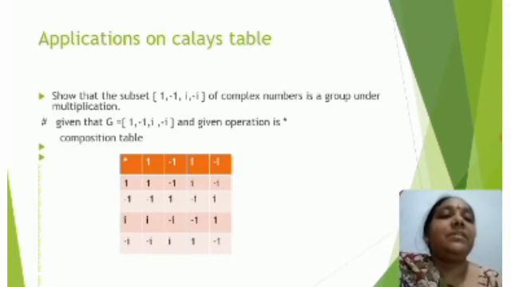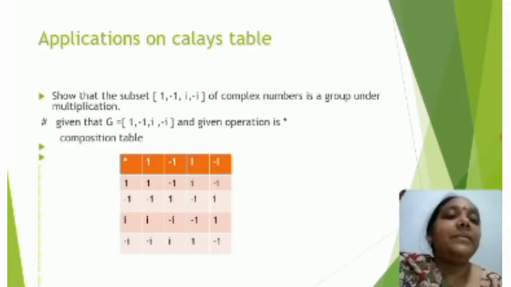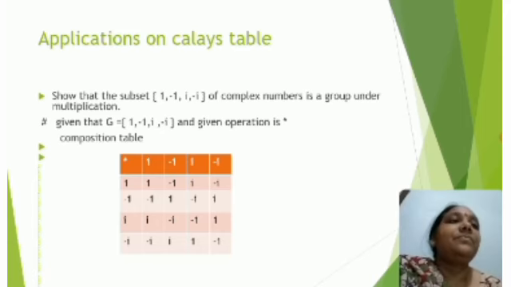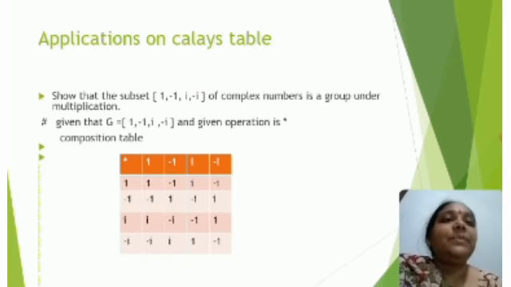Next I am multiplying minus i into 1, minus i into minus 1, minus i into i, and that is nothing but minus i squared. The value is 1. Minus i into minus i is nothing but minus 1. Now I have filled the whole table. Next I have to check whether it is satisfying all the conditions of a group or not. First I am checking the table. Are the elements in the table elements of the given set or not?